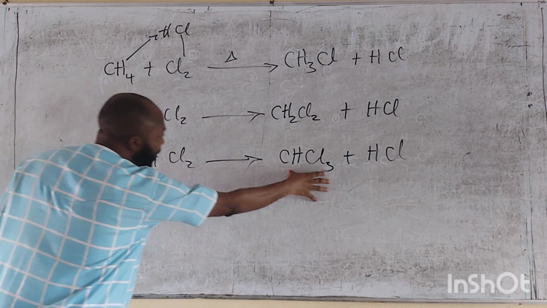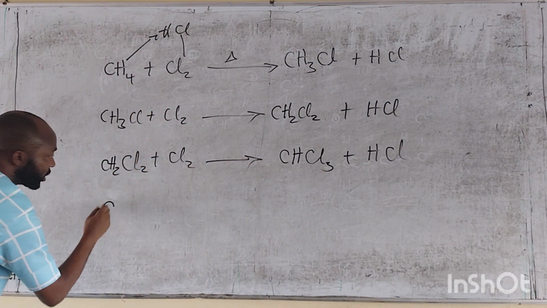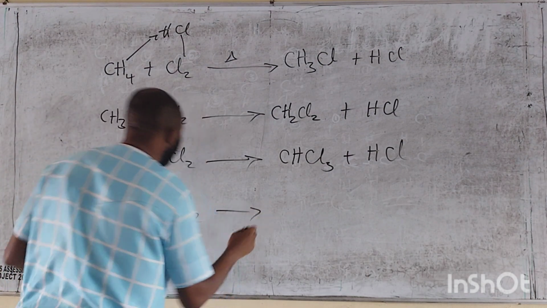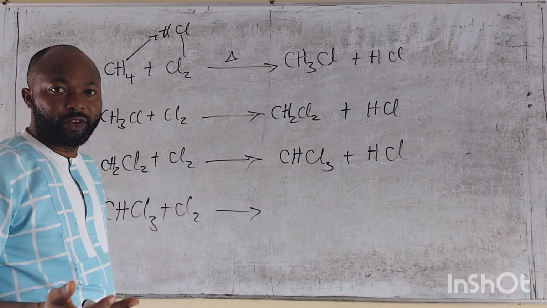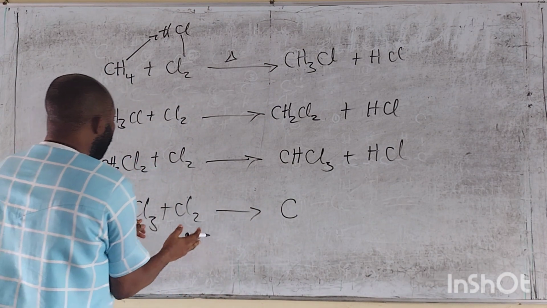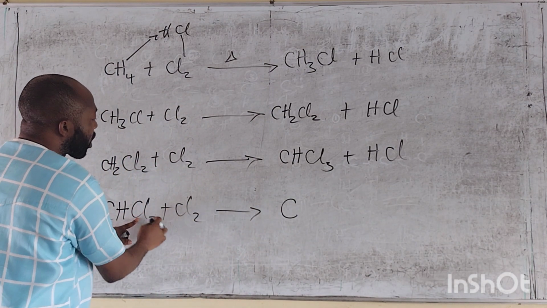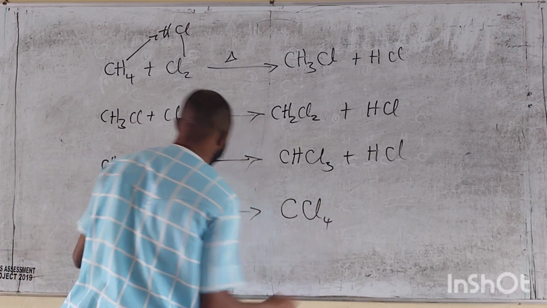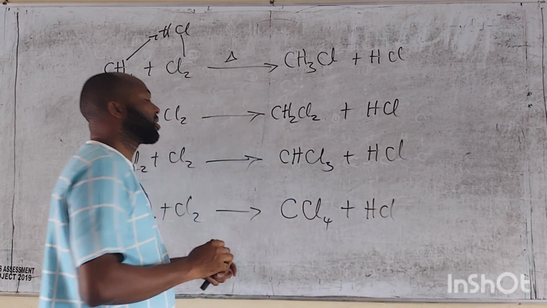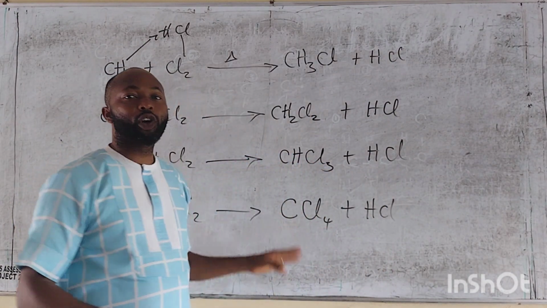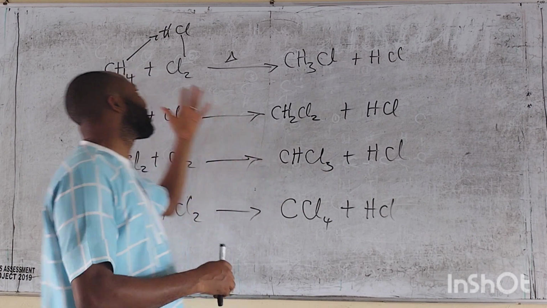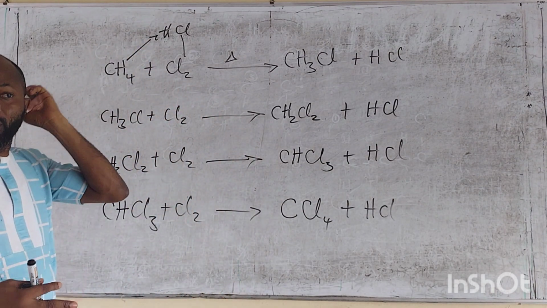Now the next one, I'll bring this trichloromethane, CHCl3 plus Cl2, and this will give us... This hydrogen will now leave. I will be left with no more hydrogen. So I have C, no H. I was having Cl3. One chlorine will come now to give me Cl4. That hydrogen that leaves will come down here to give me HCl. So this is tetrachloromethane because I'm having 4 chlorine in this methane compound. So this is a complete substitution reaction which happens with the